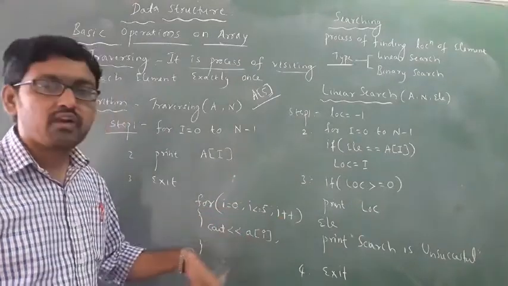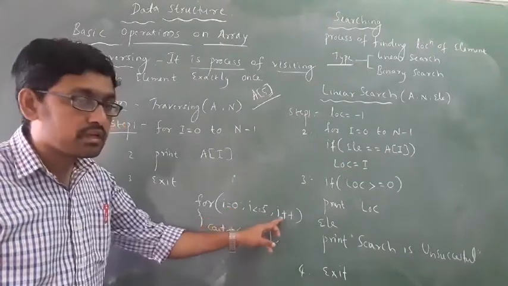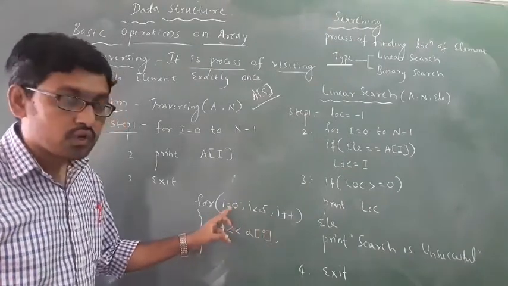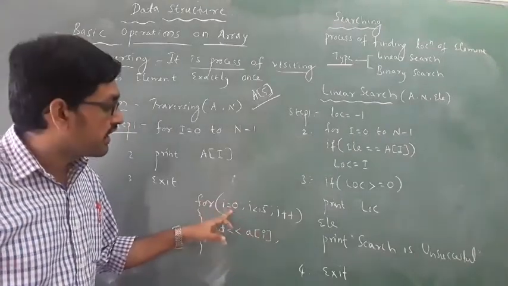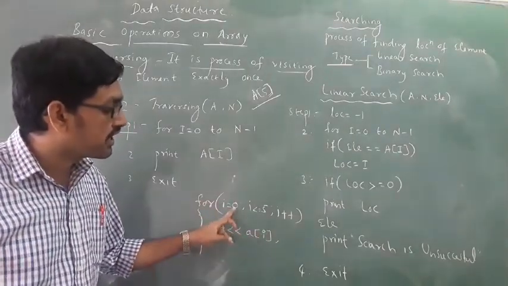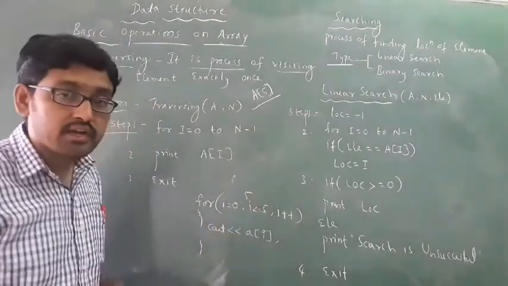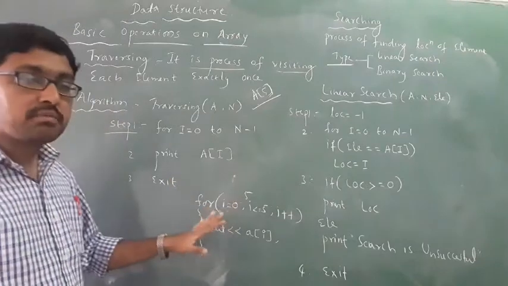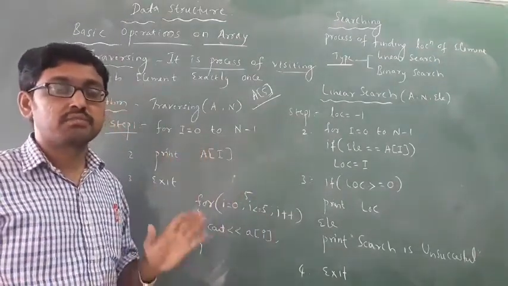In A of 1 some element is stored. Then the next I will be incremented, 1 becomes 2, it will be A of 2. In A of 2 any element will be stored. Okay, in A of 3, A of 4, then lastly it comes to A of 5. A of 5 is less than equal to 5, false, so how many elements does it display? Only 5 elements.